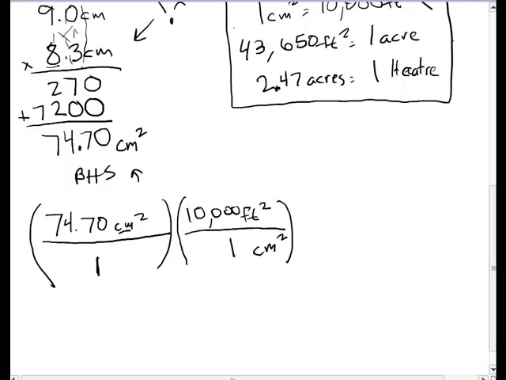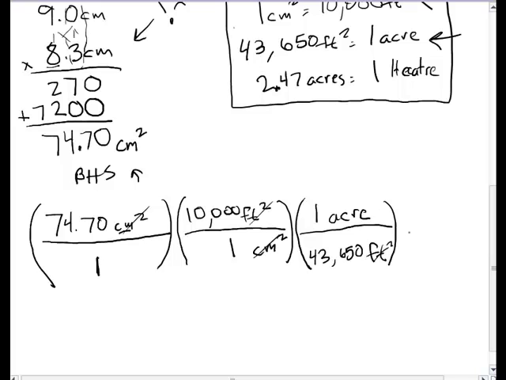Now, we're trying to get to hectares. Our next conversion up here was feet squared to acres. So we found feet squared has to go on the bottom if we want it to cancel out. 43,650 feet squared for 1 acre. And then, so now we've got our centimeters canceled out. We have our feet canceled out. We're in acres. So now we need acre on the bottom. We have 2.47 acres